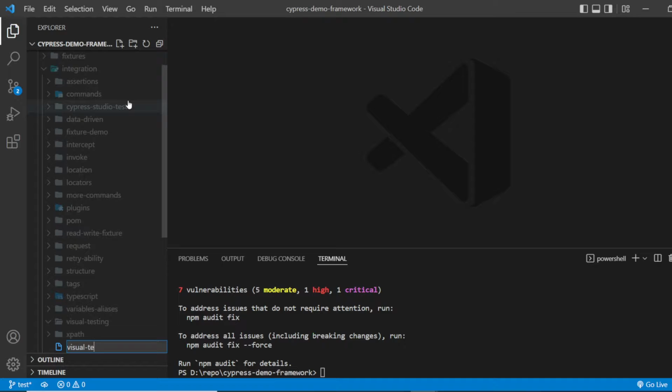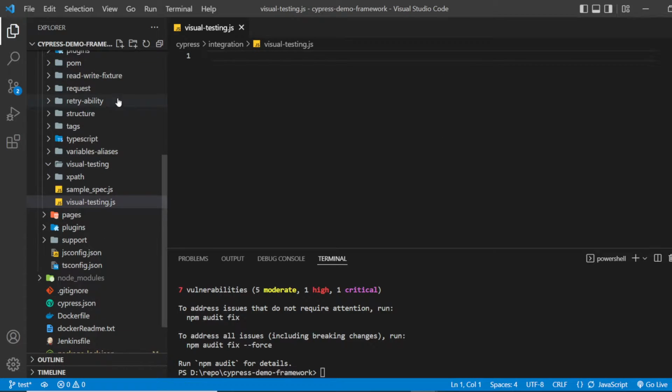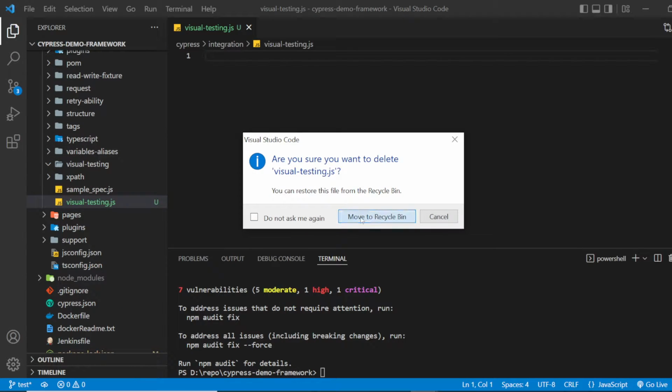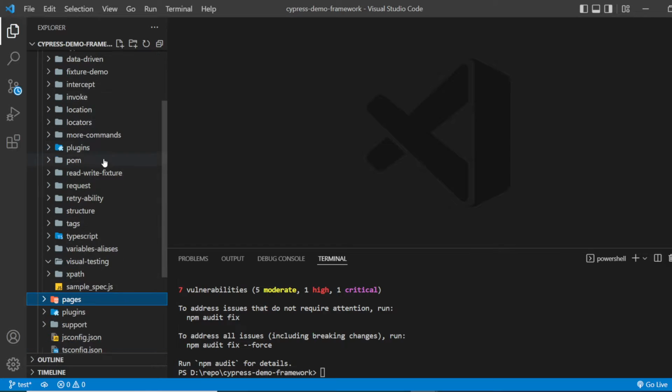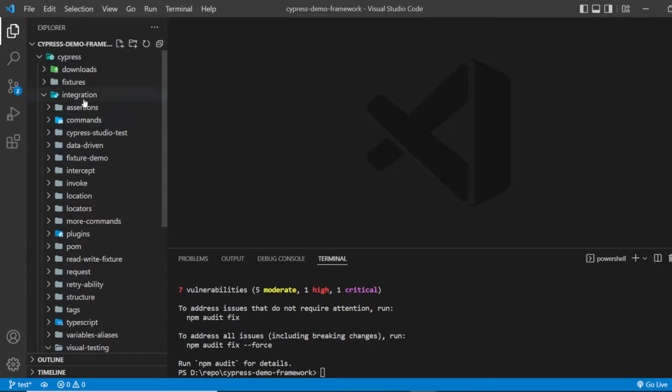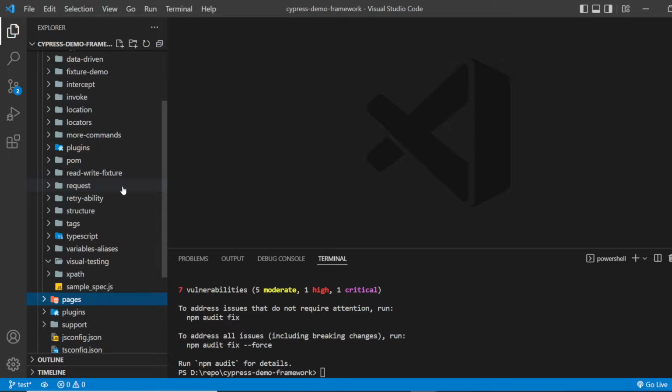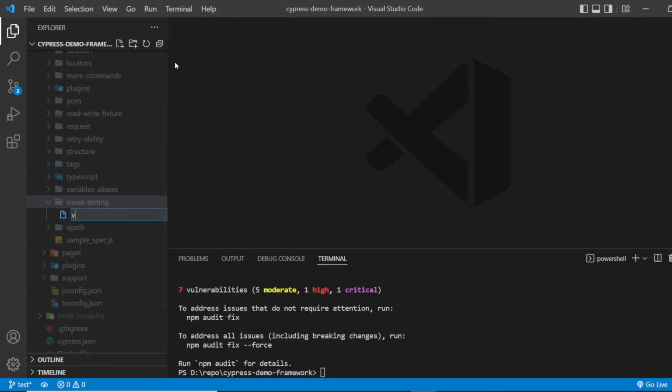I'm going to create a JS file with this name, but it had to be in a folder. I'm sorry guys, I'm going to move this to the right. I'm going to delete it and create a new folder called visual testing. Inside of this folder, it exists already. Let me see. Okay, I'm sorry. I'm going to create a new file here called